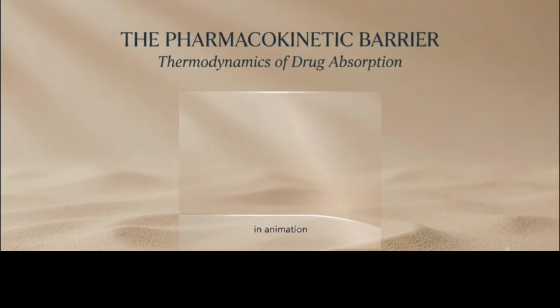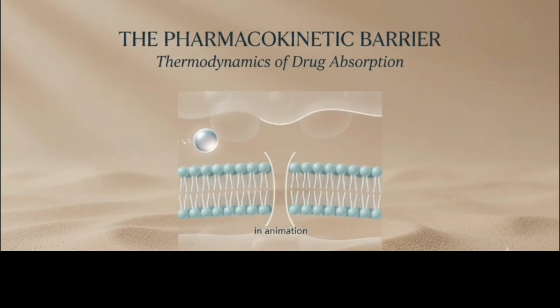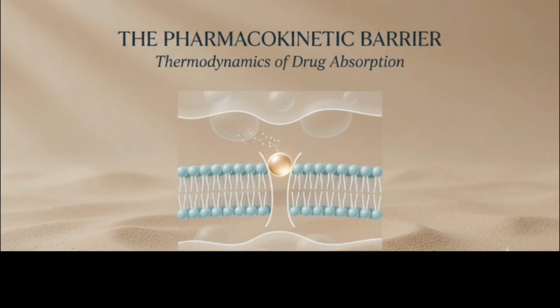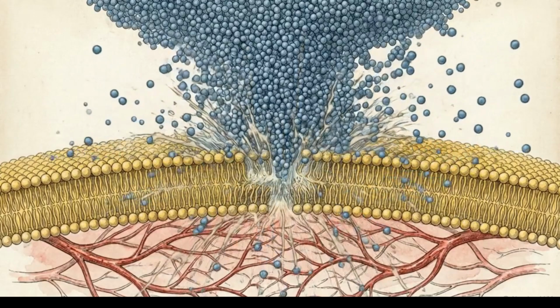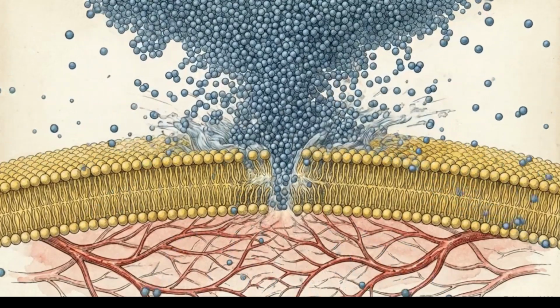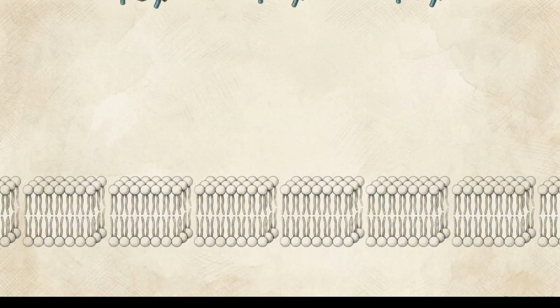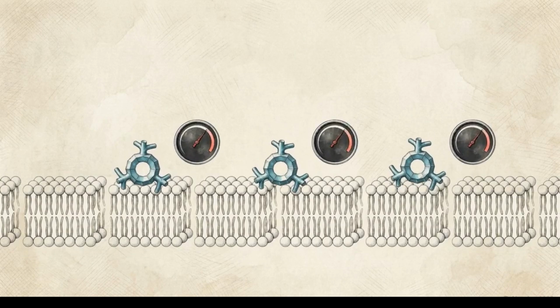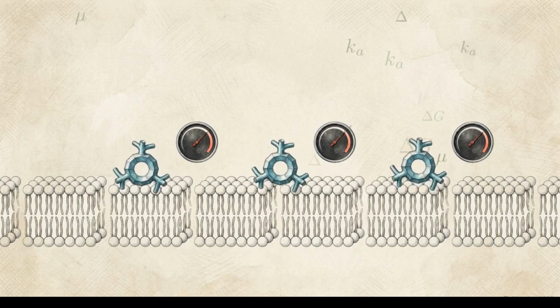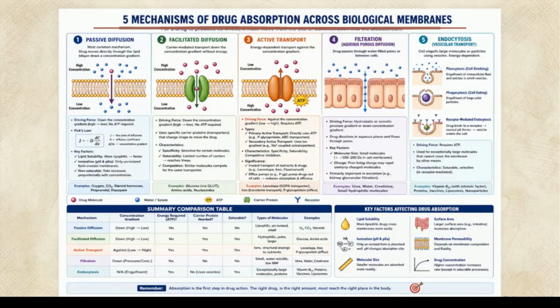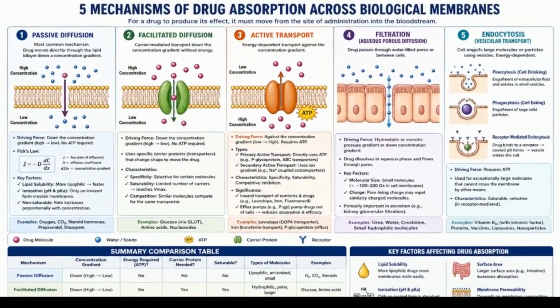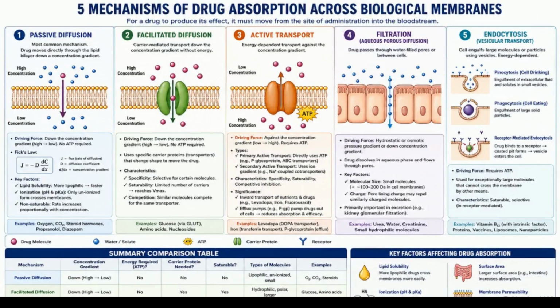The pharmacokinetic barrier. Thermodynamics of drug absorption. Biological membranes, and eventually into the bloodstream. Traversing that lipid barrier is a complex interaction governed by strict thermodynamic and structural rules. This infographic maps out the core framework of that process, detailing the 5 distinct mechanisms biological systems use to manage